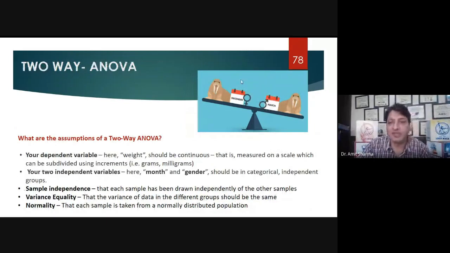Here you can see in the picture, this is the two-way ANOVA, and here I have written the assumptions. That means we have groups A, B, and C, but we want to see how many females and how many males are in group A. So one factor we are including in the groups. This will be called two-way ANOVA.